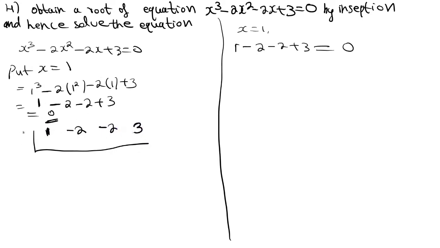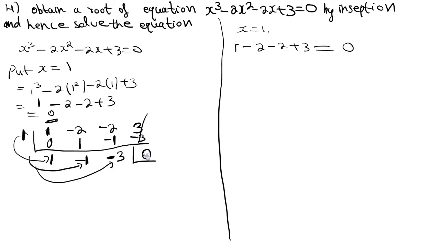Then take 1 here. First you need to write the same number. This number only you need to write, 1, then multiply 1 into 1, it's equal to 1. Minus 2 plus 1, what is the value? Minus 2 plus 1, its value is equal to minus 1. Okay, next again you have to multiply 1 here. 1 into minus 1, its value is equal to minus 1. Okay, minus 2 minus 1, its value is equal to minus 3. Okay, now again multiply here. See, 1 into minus 3, it's equal to minus 3, plus 3, minus 3 gets cancelled. Here you will get remainder equal to 0.